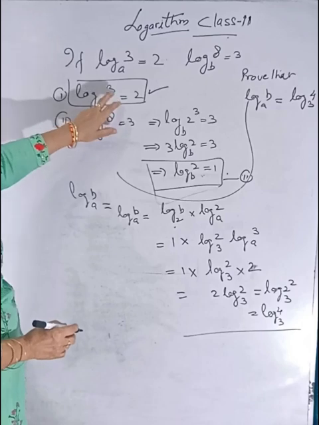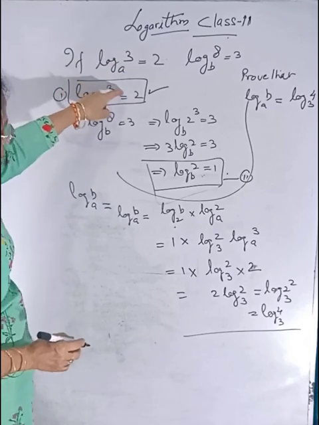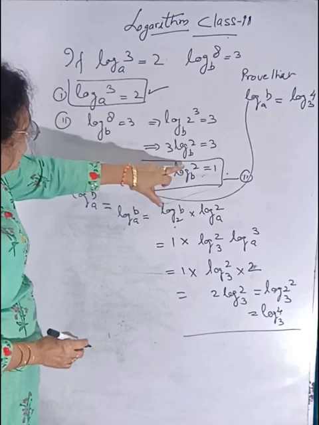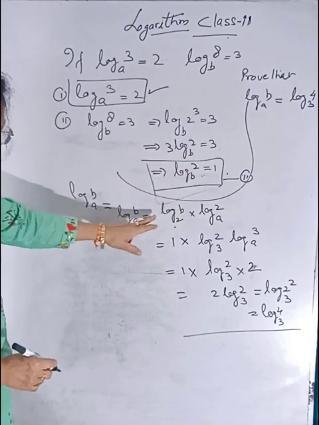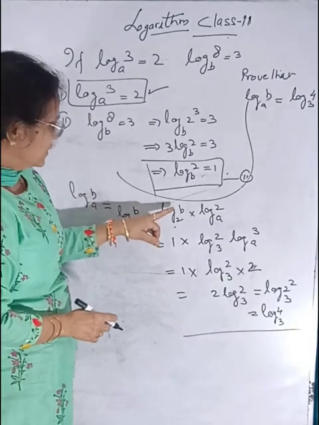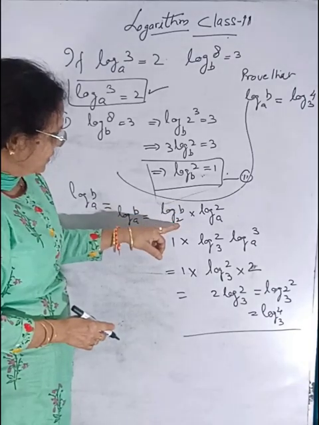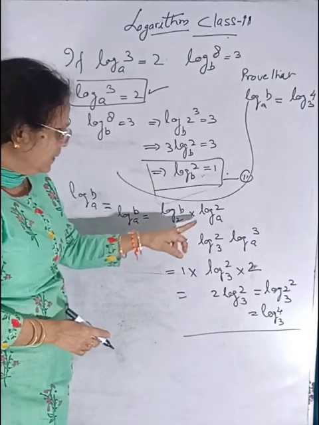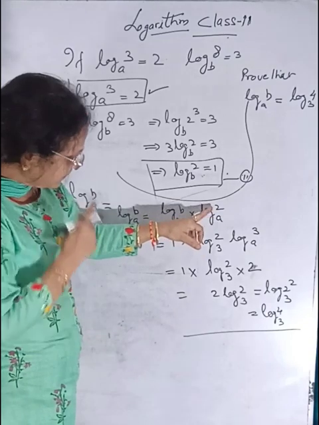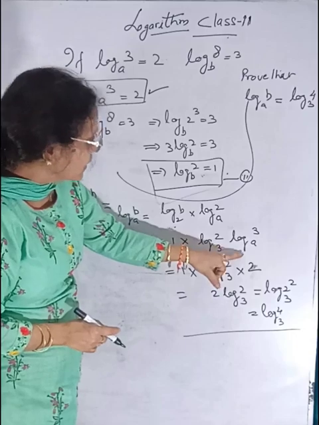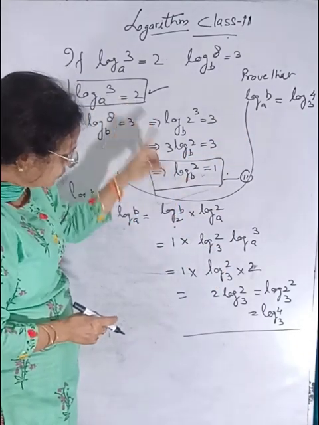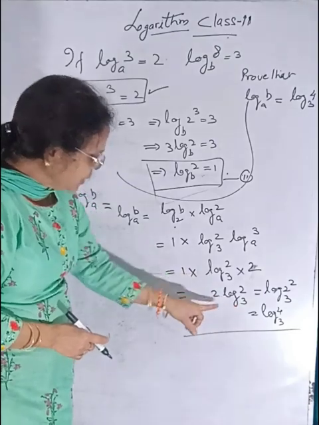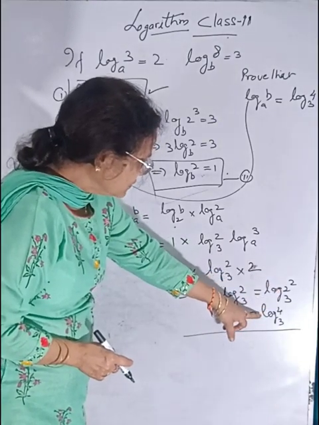ये हमने पहले निकाल लिया. एज पर दिस क्वेश्चन log of 3 to the base 2 already 2 is given, कोई चेंज नहीं करना पड़ा, वो हमें यहाँ पे लग दिया. इसको हमने कन्वर्ट किया, log of 2 with the base b is equal to 1 आता है. तो log of b with the base a को पहले हमने 2 में कन्वर्ट किया. log of b with the base 2 into log of 2 with the base a. अब log of b with the base 2 is already given to us is equal to 1. इसको यहाँ रख लिया और इसको हमें कन्वर्ट करना है 3 बेस में लेके आने के लिए. तो log of 2 with the base 3 किया, फिर log of 3 with the base a कर दिया. log of 3 with the base a already given to us 2, ये 2 हो गया. तो log of 2 with the base 3 into 2 हो गया. तो 2 का मल्टीपल किया, 2 log of 2 with the base 3 हो गया. 2 को ऊपर लेके गए to the power, that can be written as log of 4 with the base 3.